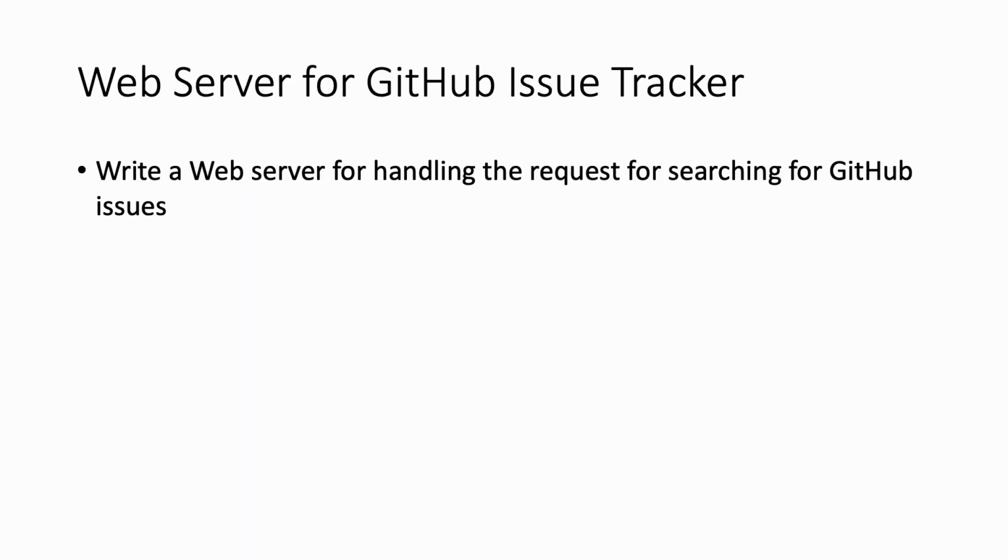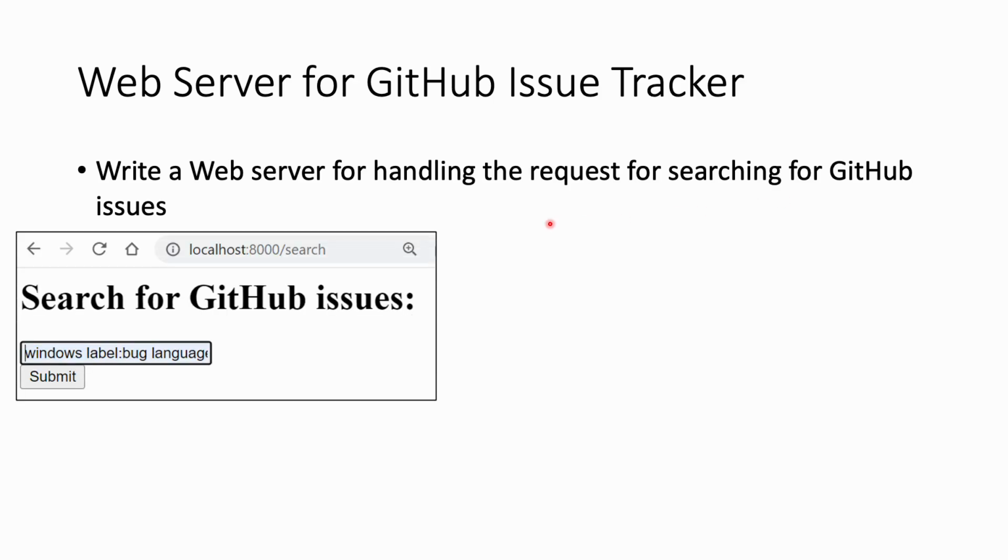Now that we have written the GitHub issue tracker program that uses HTML template, we can run it on the command line as shown earlier. However, that's not user-friendly. Therefore, we want to write a web server for handling the request for searching for GitHub issues. This web server allows the user to enter the list of search terms into a form on the web